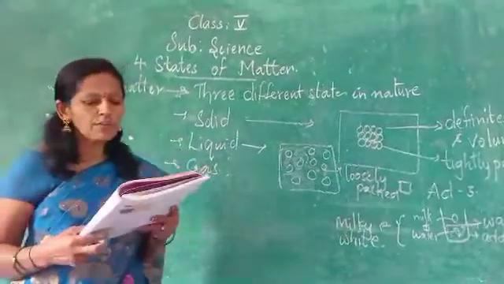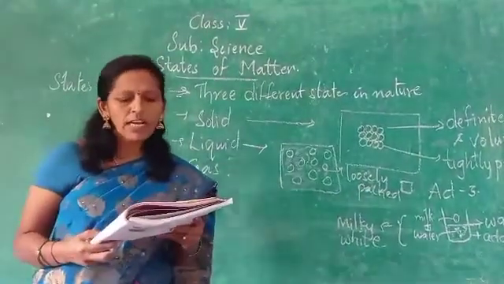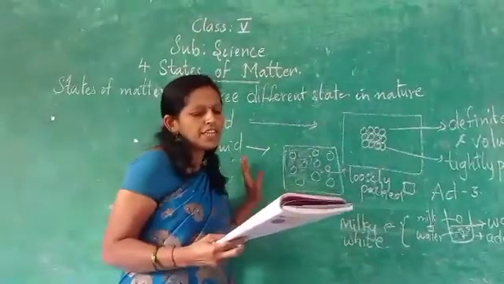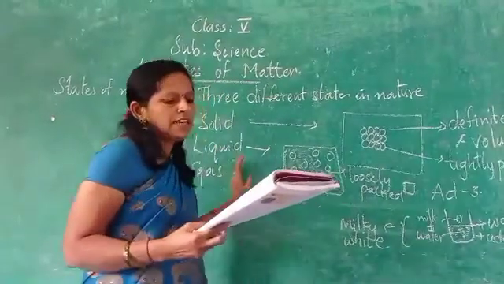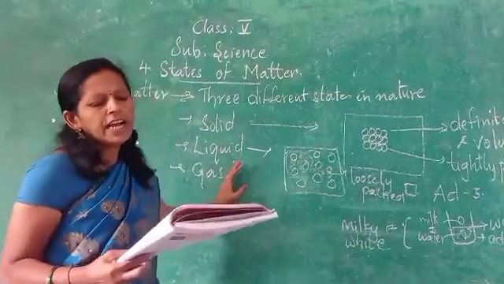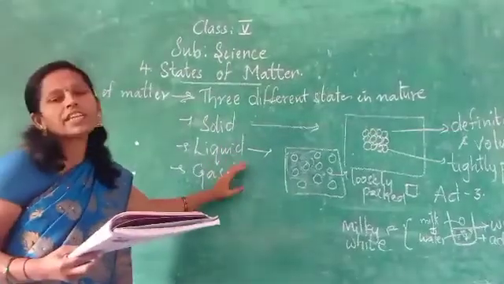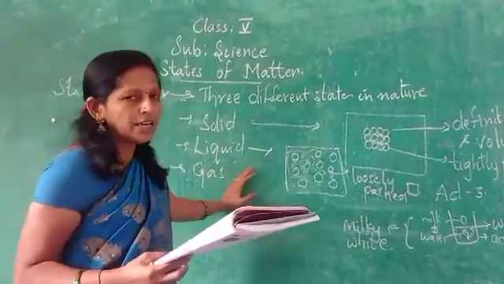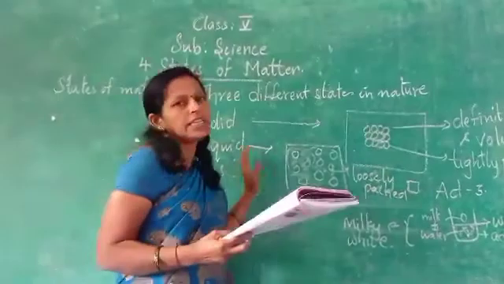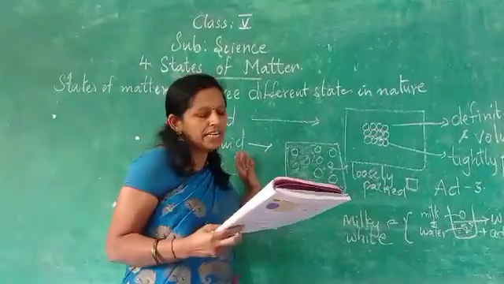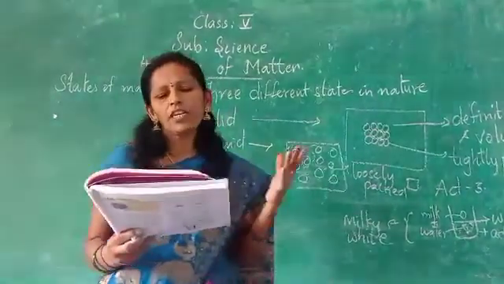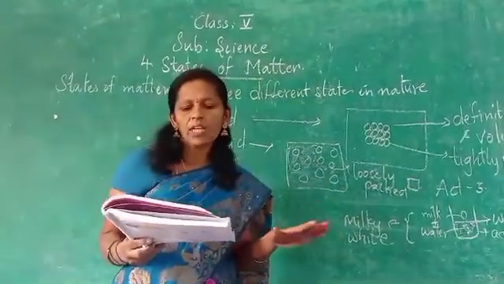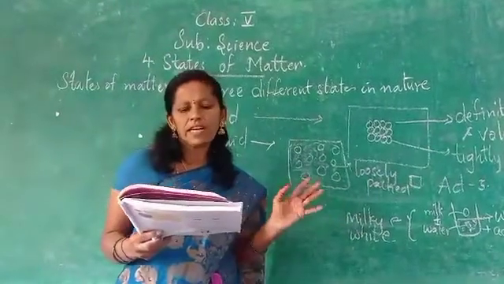Next, liquids flow because of the movements of the molecules. Liquids do not have a definite shape, and we need a container to hold them. Why do we need a container? Because it is a liquid, it will take the shape of the container. If we pour a cup of water into different containers, the water will take the shape of the container only.